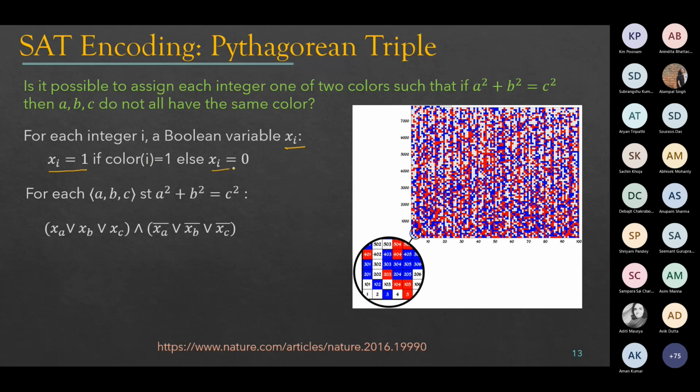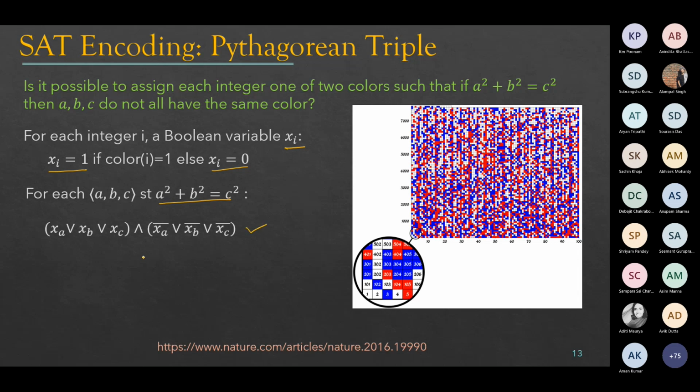Else we assign our value to be 0. So basically for each variable, either we are assigning the value to be true or false. So that means it's a Boolean variable. Now for each triple, a square plus b square equal to c square, we need to define